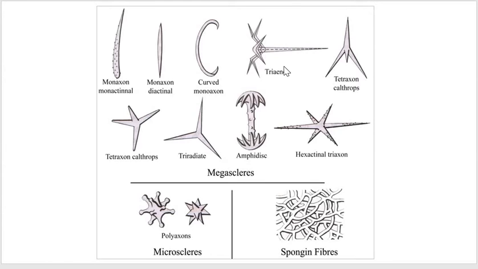Now it has an appearance of a crown. Now the second type of tetraxon spicule, which is the Calthrops. In Calthrops, all the 4 rays are similar in length. After that, the Triradiate. In the case of Triradiate, one of the 4 rays is lost and only 3 rays remain. Okay, you can see in the diagram also Triradiate.